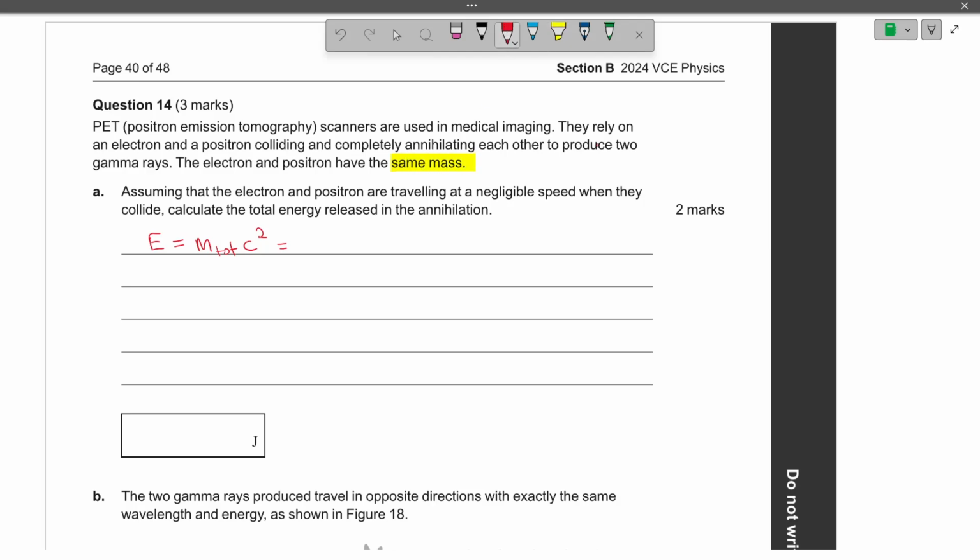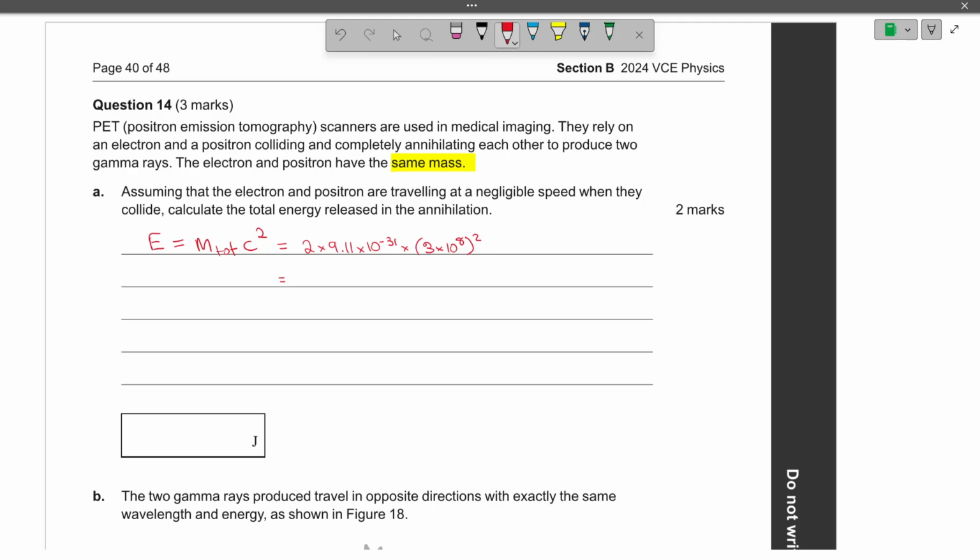So it's going to be 2 times the mass of the electron, 9.11 times 10 to the minus 31, times 3 times 10 to the 8, not 9, squared. Chuck that on a calculator,